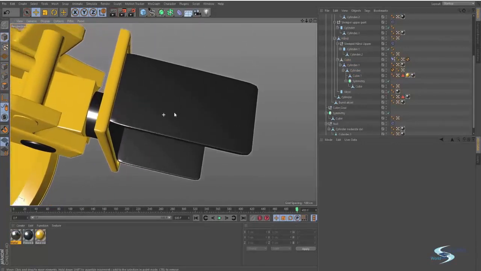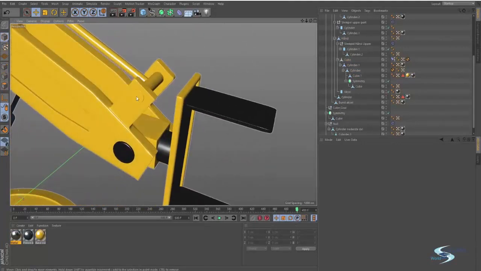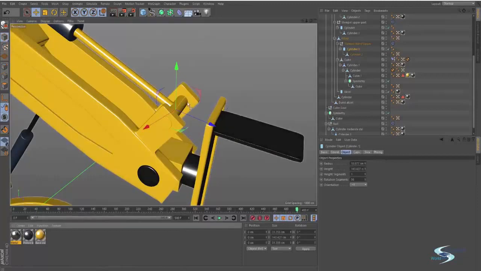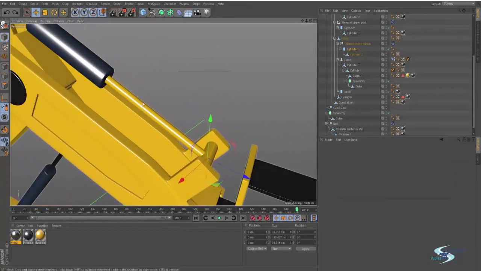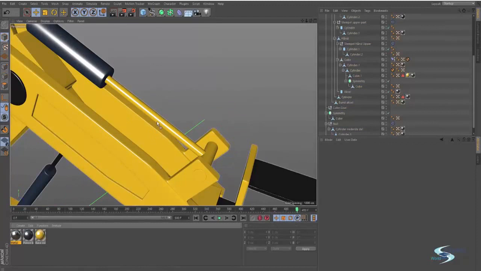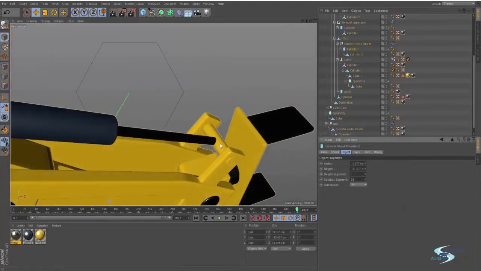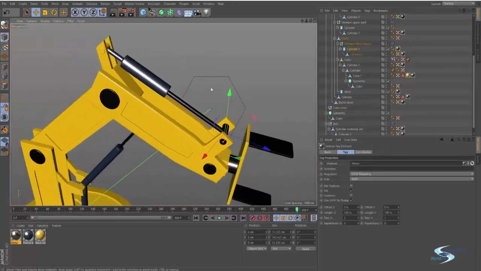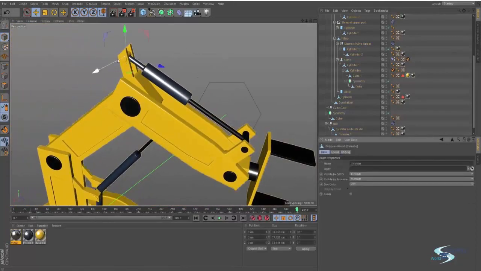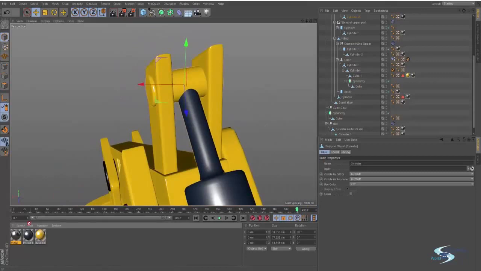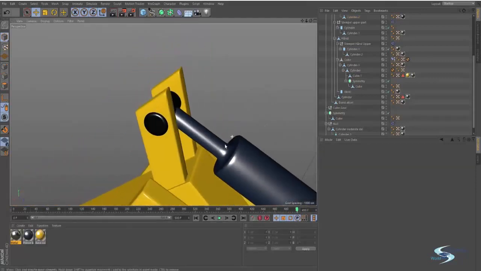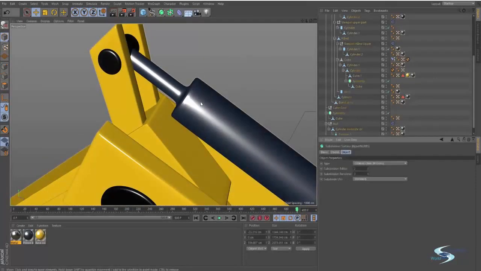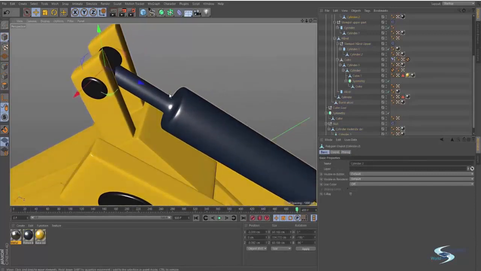So I think these pads are fine in metal, and there are just a few pieces left that I have to pick a color for. So this one has to be metal. So once again, with this object we needed to change the way this was colored. So we'll go into